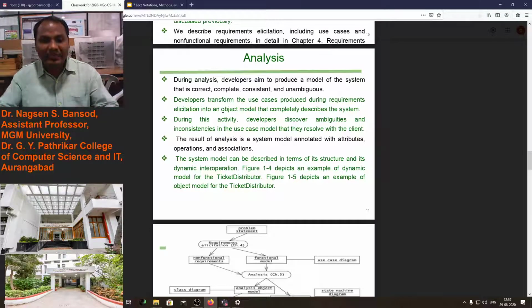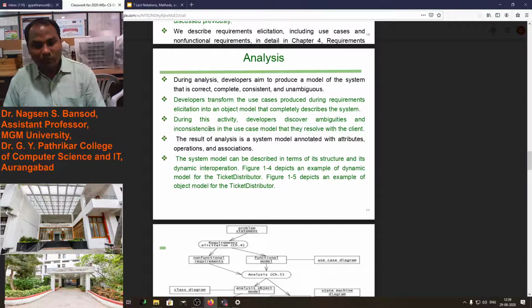It should be clear and understandable to the client as well as our colleague, the developer. Developers transform the use cases produced during requirement elicitation into an object model that completely describes the system.